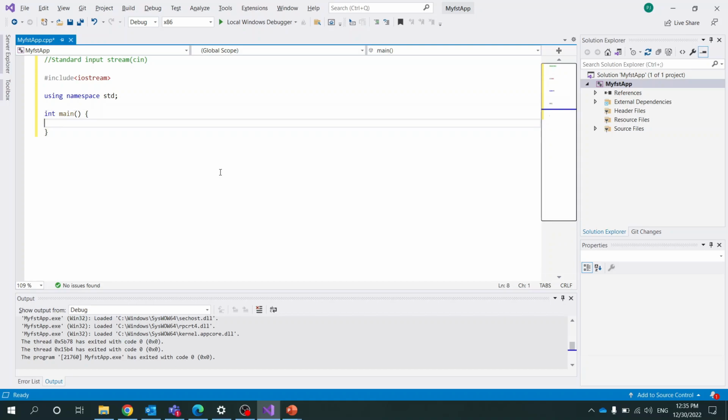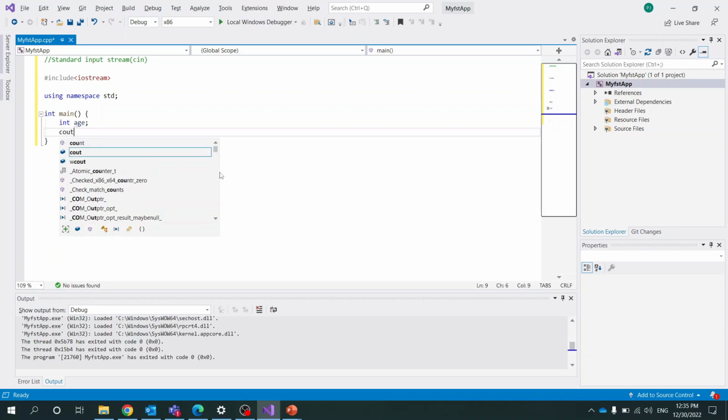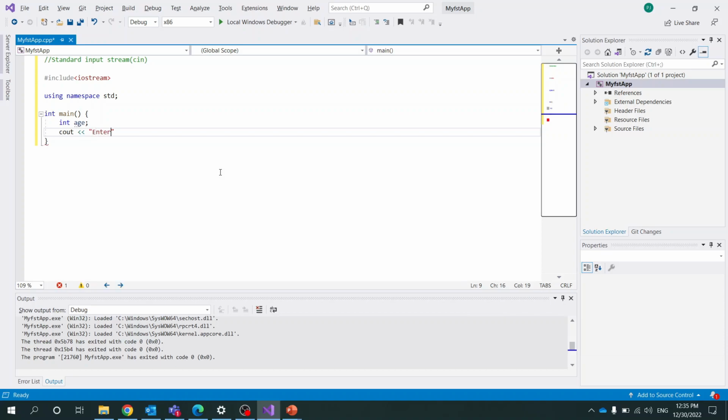The logic in this function: we are initializing the age using integer format, so int age; cout, enter your age; semicolon, cin